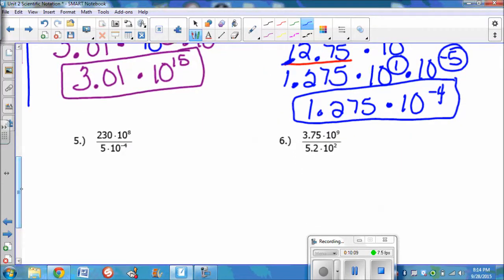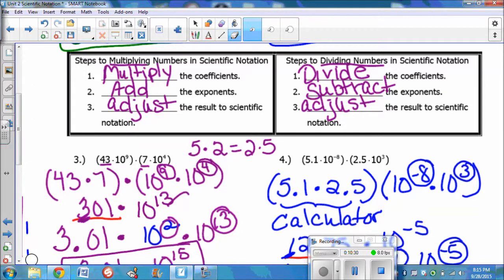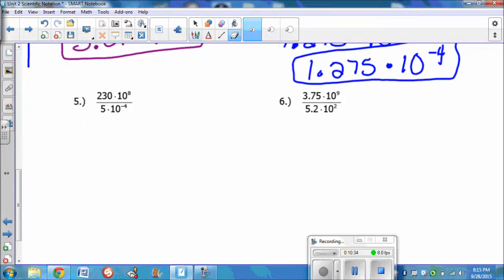Now let's do some dividing. Okay, but we're doing the same thing. Now we just have to go back and examine our steps up here. Now we have to divide the coefficients, and therefore we must subtract the exponents for the powers of 10. And then the last step is still the same. We need to adjust anything if it's not in correct scientific notation. Okay? So when we look at number 5,